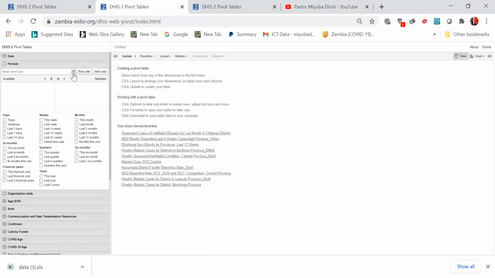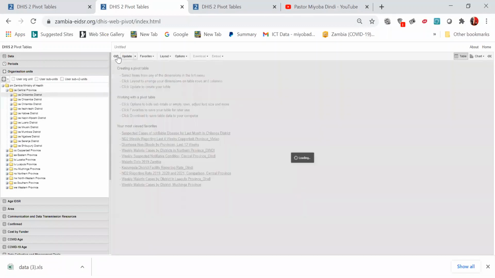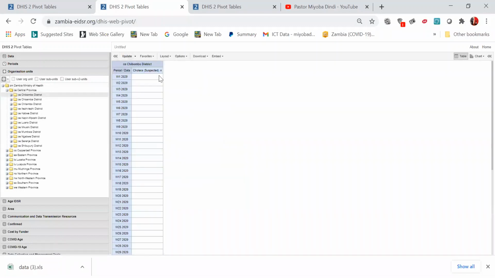Or I can say, for me to see exactly the week in which it was reported, so it will be quicker for me, I'll select weekly, previous year, then I'll select everything. Then my org unit will be Chiwombo, that's Chiwombo, and update. Then I'll sort to see the weeks. So I have the week in which Chiwombo reported these